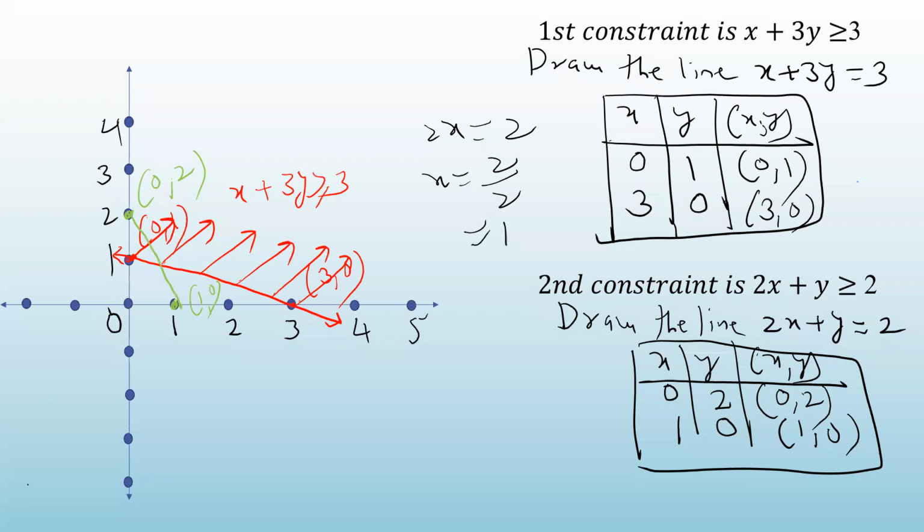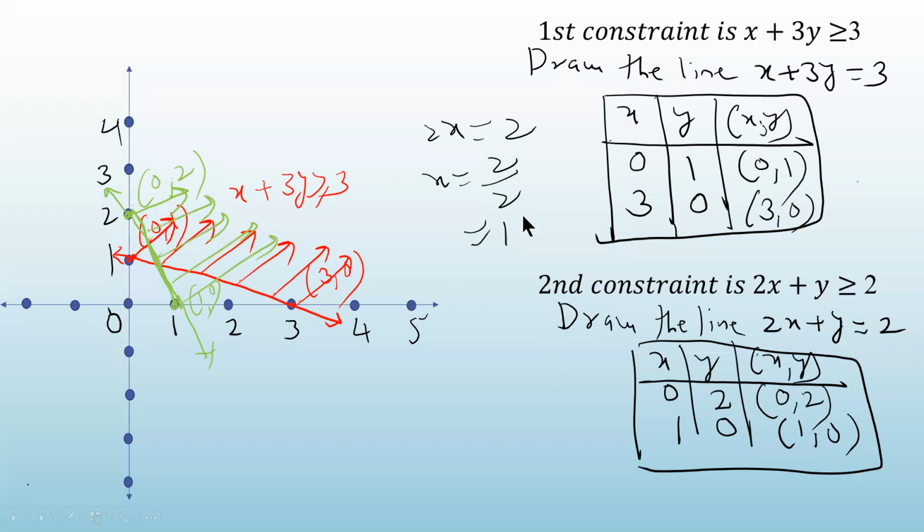This one. Okay. If you want, you can have an arrow. But you want 2x plus y greater than or equal to 2. So as before, this will be everything on this line, which I am denoting by an arrow. Correct? Yes. Now we have to find out the feasible region.